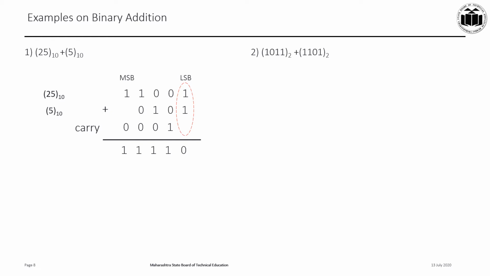Coming to the next example, 1011 binary number plus 1101 is also a binary number. Starting with the LSB column, 1 plus 1 gives a sum 0 and a carry 1, which is carried forward to the next higher order column. 1 plus 0 plus a 1 in the next column gives the sum as 0 and the carry is carried forward to the next higher order column. In the next column, 0 plus 1 gives the sum as 0 and the carry is 1, which is again carried forward. In the MSB column, 1 plus 1 plus 1 gives the sum as 1 and the carry as also 1. So the answer in binary is